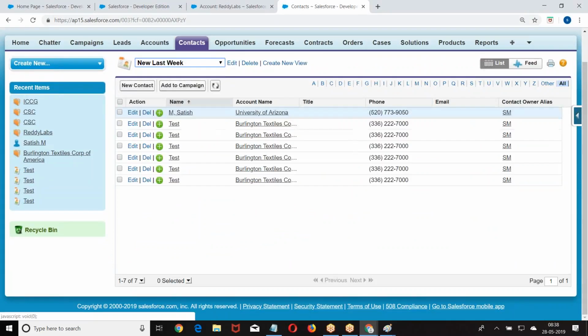Get the records, get the data, try to insert it. While inserting, if it is a success, what should I do? If it is a failure, what should I do? To handle this, we require try, catch, and we require throwing a message, ApexPages.Message. These two topics we will see tomorrow: how to handle the insertion, and in case it fails, how to throw the error message. Right? Chalo boss. That's all from my end for the day.